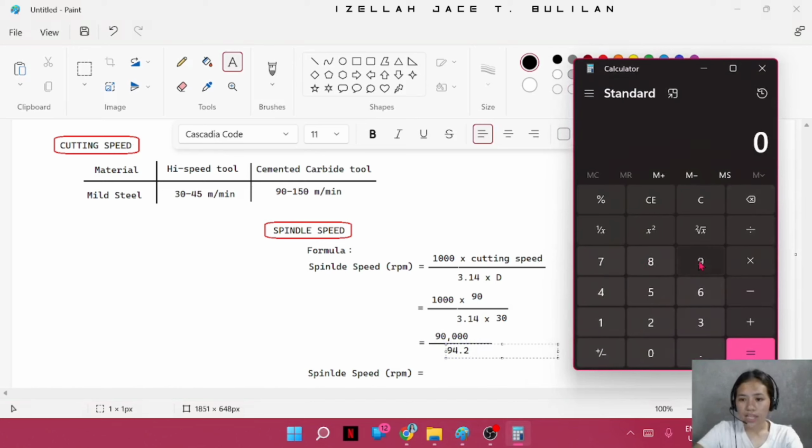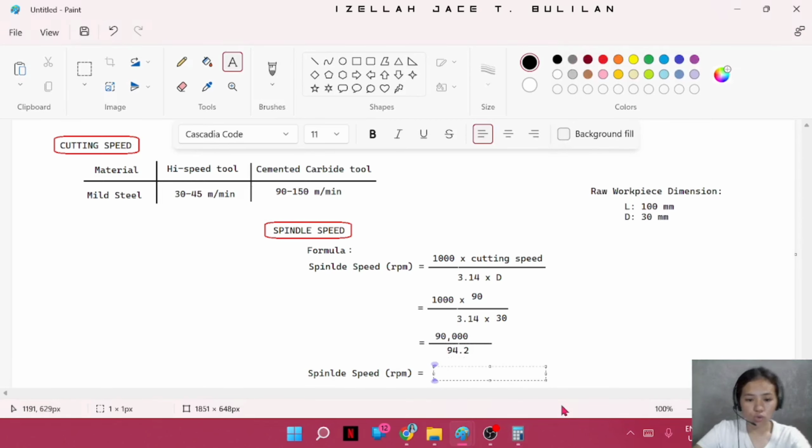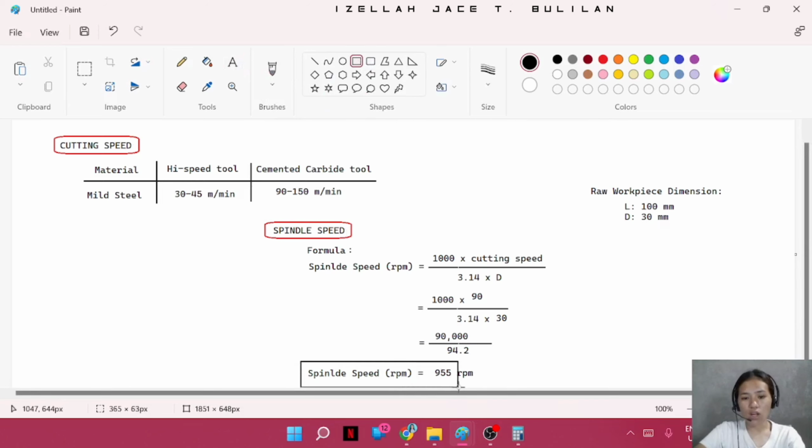So 90,000 divided by 94.2 gives us 955.41. So let's just use 955 RPM, or 955 revolutions per minute. This is now the value of our spindle speed that we are going to use in performing the lathe